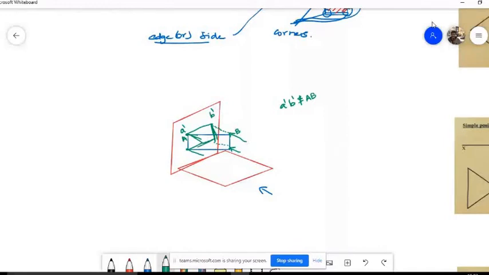What about the top view? What will you get in the top view? In the top view, we will get a straight line. What will be the length of the top view? Small ab. Will small ab be equal to capital AB or not? Yes, sir, it will be equal. So that means in one view you will see the true length of one side, and in the other view you will see the shape, but it is not a true shape.